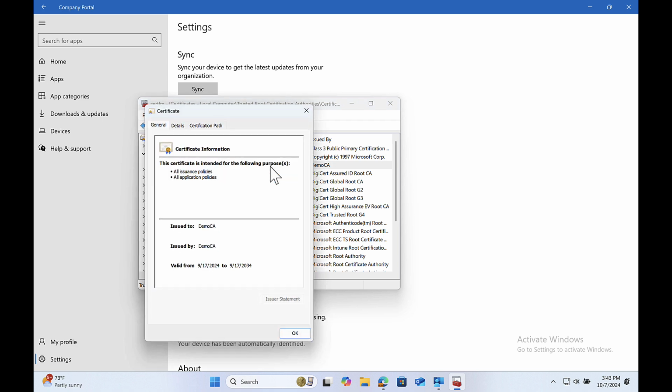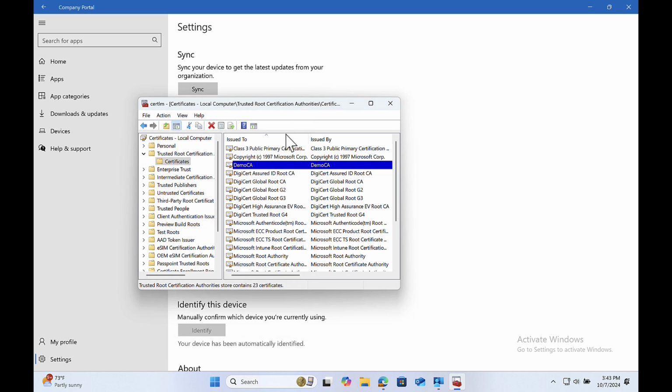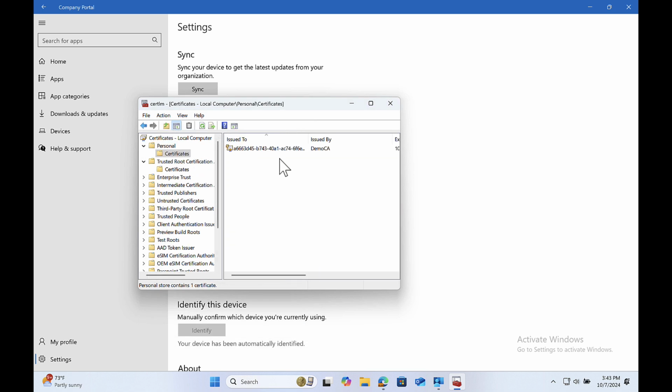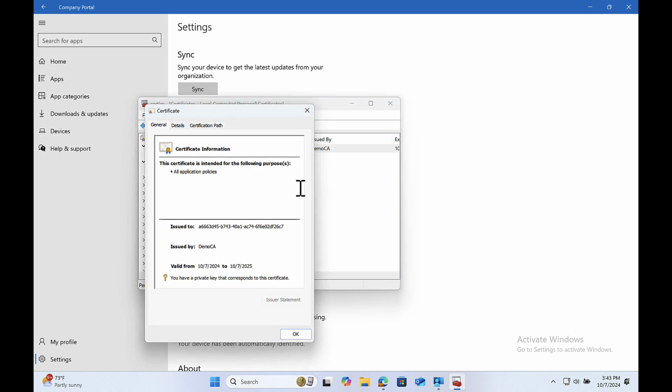pulled onto this machine. So now I created a Windows machine, enrolled it to Intune, and now my CA certificate that I had issued with AWS Private CA is now on this machine. And every Windows machine that gets enrolled from now on will have the same behavior. Also, if I go to Personal and Certificates, I'll be able to see the SCEP certificate that was issued as